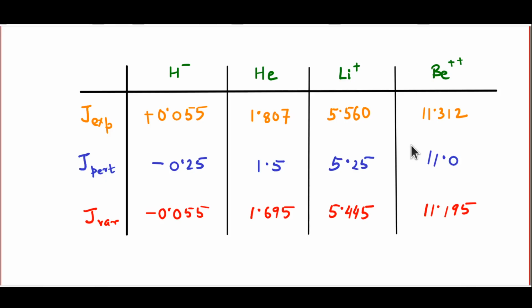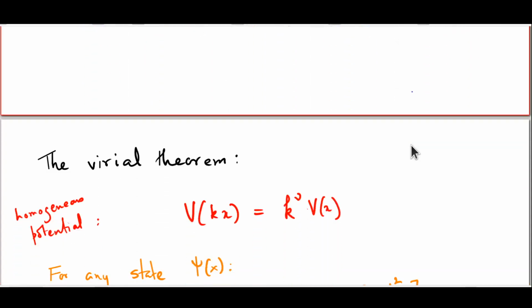However, let me end this discussion on the variational method for the time being by showing you an application of the variational method, not to determine energy levels, but to prove a very important theorem. This theorem happens to have an exact counterpart in classical mechanics, and maybe you already know of the result in classical physics. It's called the virial theorem, and deals with a situation where the potential energy describing the system